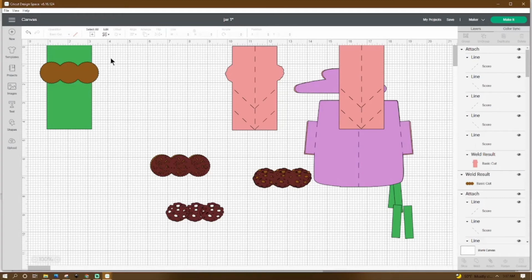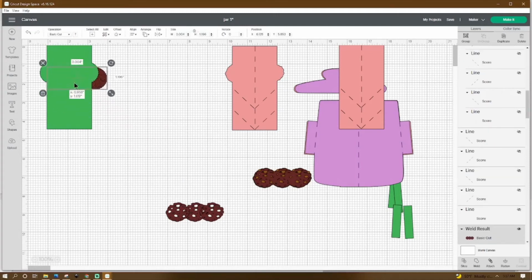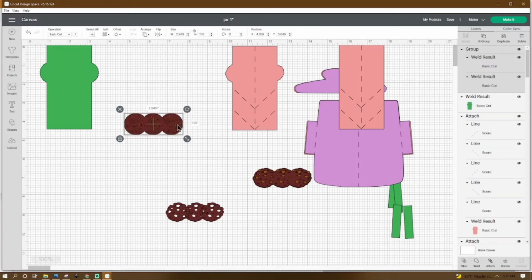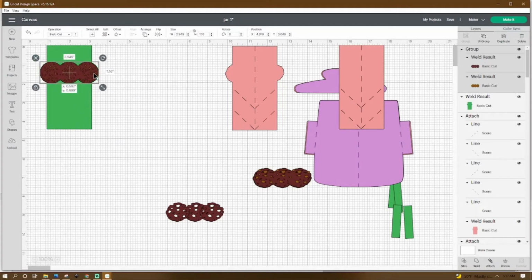And once we have this, we can grab them both and hit weld. And then we have our little cookies. Now if we go down here, let me line these up, centered, group. This will lay on top in our card and it'll be perfect